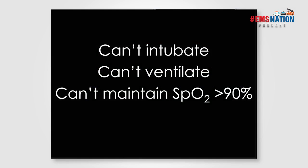So we really, by definition, need a surgical airway when you cannot intubate, cannot ventilate, and cannot maintain saturations above 90%. If you have all 3 of those, no lawyer in the world will successfully sue you for doing a surgical airway, and no organization worth their weight in salt is going to not stand behind you when you can objectively